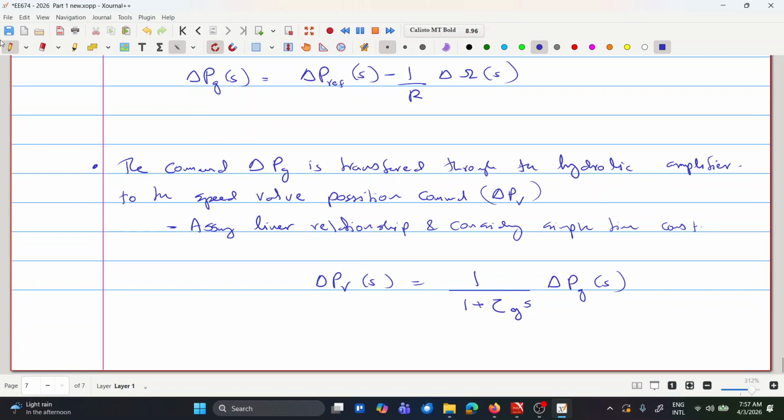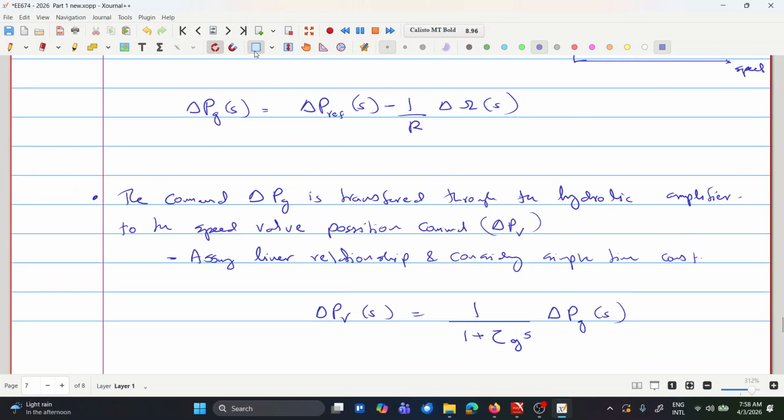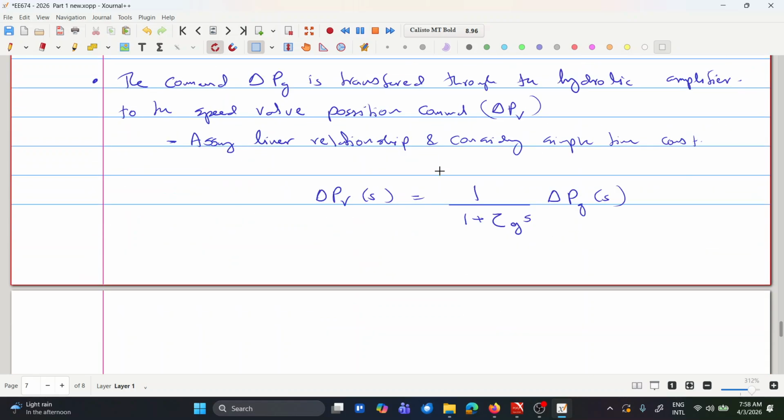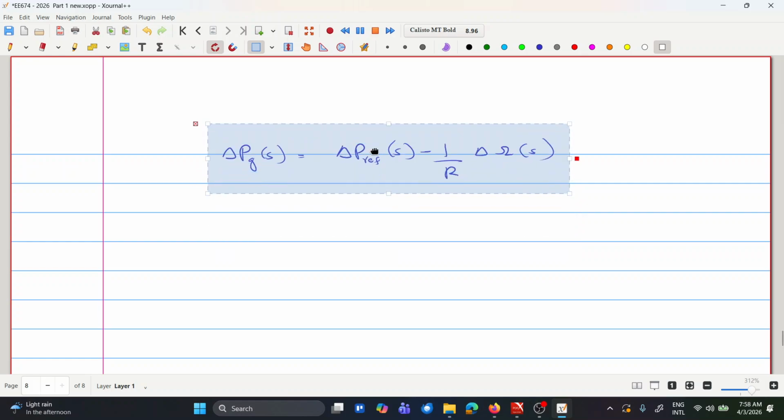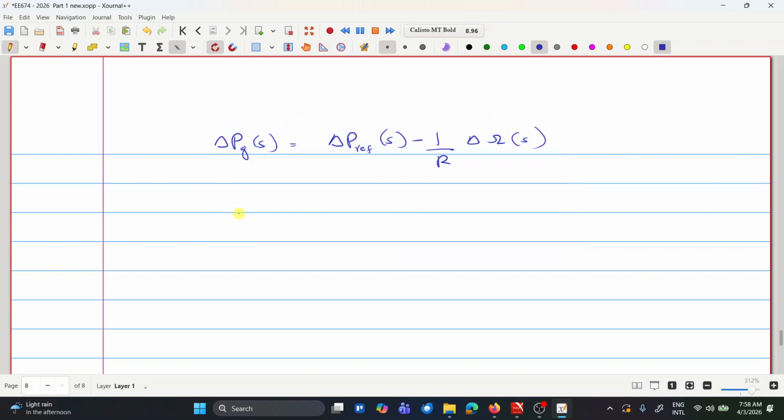Okay, so now you can combine this model together, right? So if you just look at this equation here, you can model it as, so I will just copy this one. Okay, so let's consider this one, and